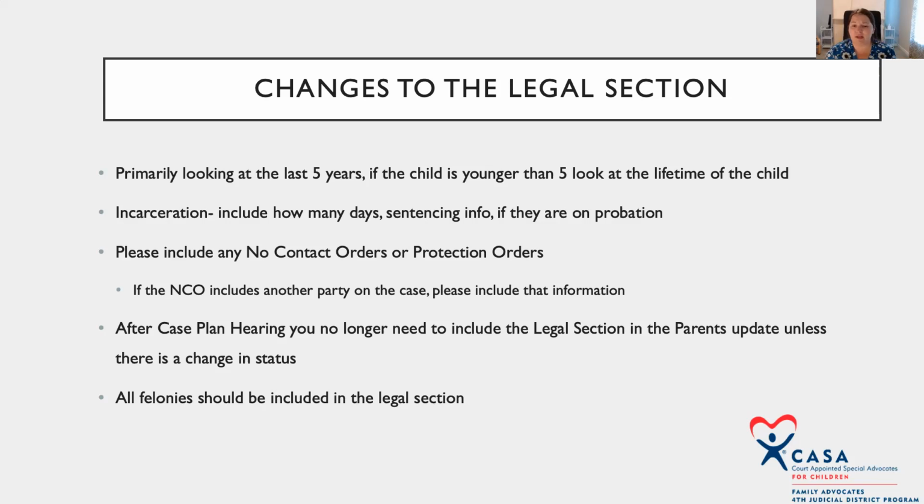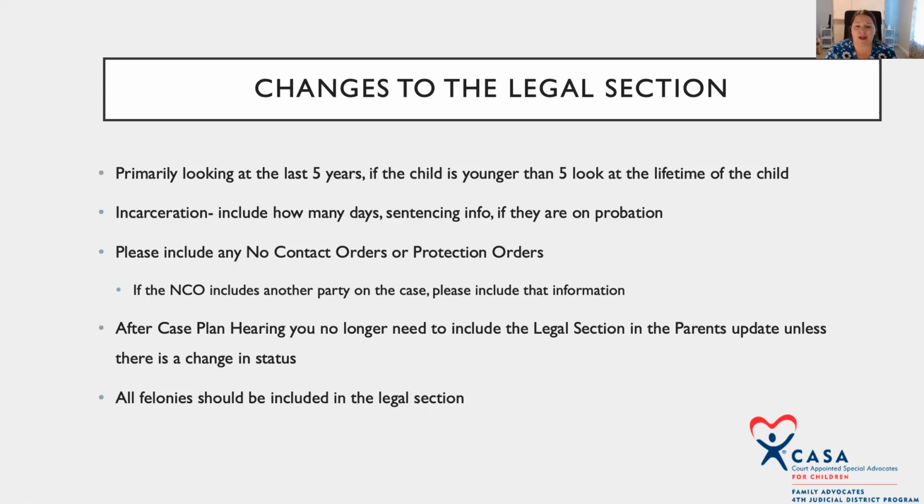As always, we're going to continue to look primarily at the last 5 years. If the child is younger than 5, look at the lifetime of the child. With that being said, though, I'm going to jump down to this bottom bullet point. We always want to include all felonies that we can find, even if it's out of that 5-year range. They're just important. Other things that we would always want to include, any protection orders, domestic violence, if it has to do with the parents especially,